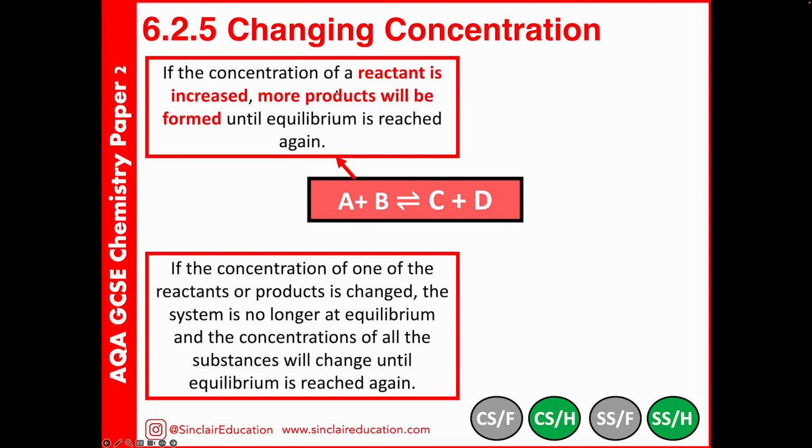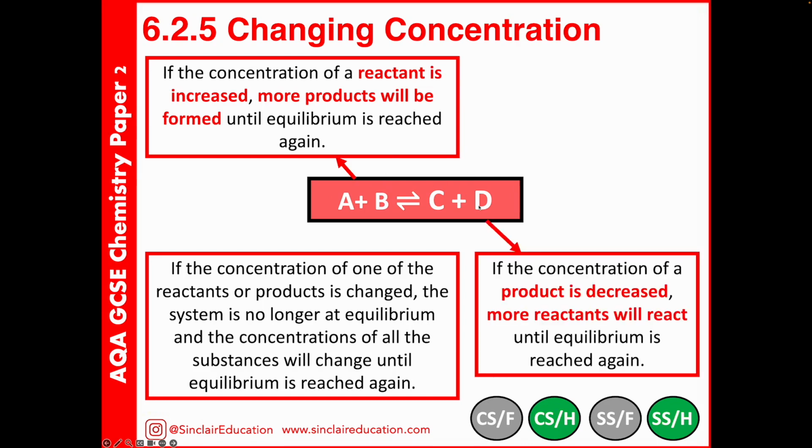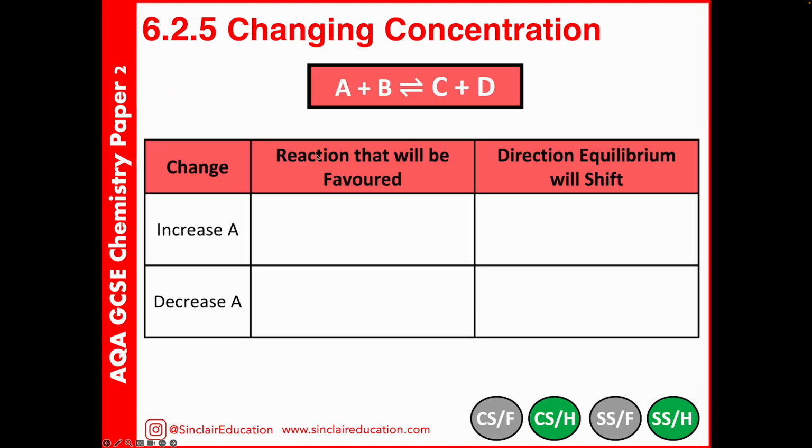So if the concentration of reactants increased, more products will be formed. If we take away one of our products, maybe, if I were to remove, for example, D, this reaction will slow. Again, the equilibrium will shift towards the right. More of this will be made to counteract that. So if we look at this,